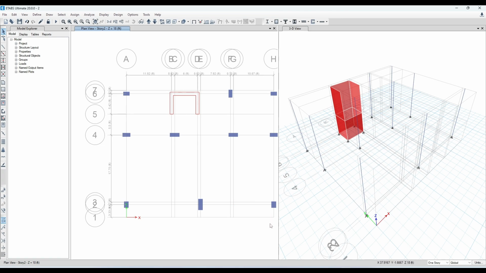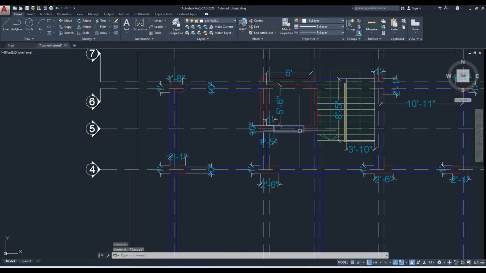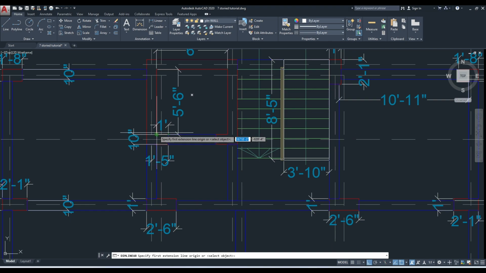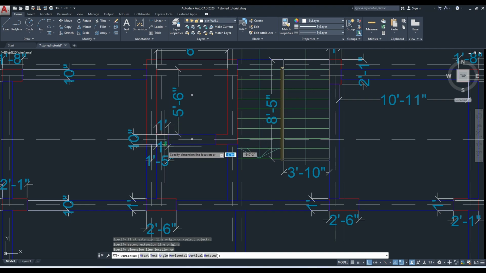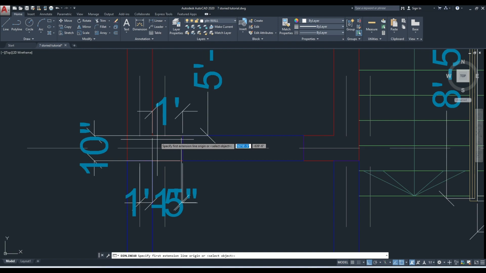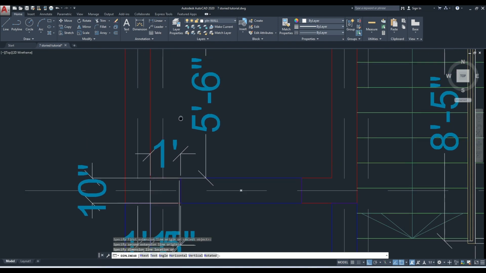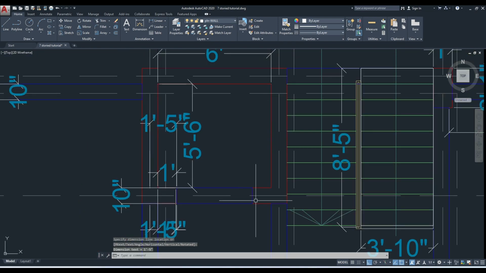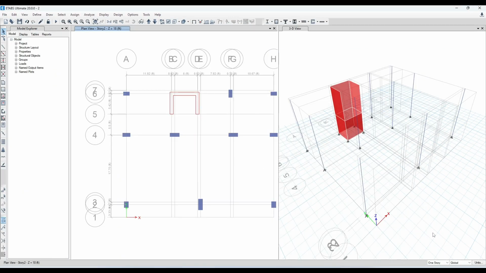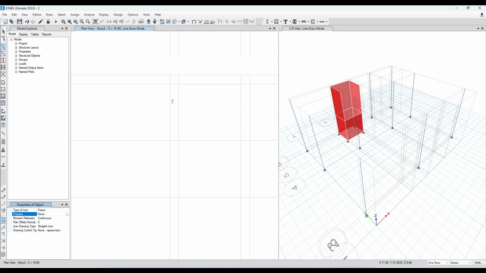Now go to CAD. Here also have some portion of the shear wall, that means 1 feet. If we consider from the center, this will be 17 inch. Okay, and for this side also the length of shear wall is 17 inch. So what we can do, we can model a beam with none property, that means from this grid to this grid we are drawing a beam, then from this point to this.